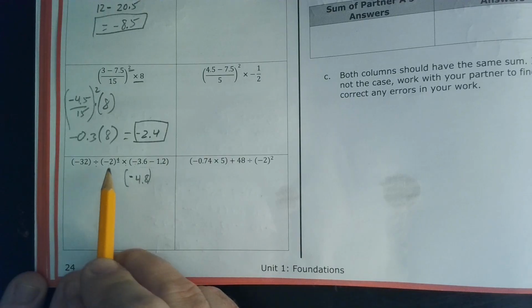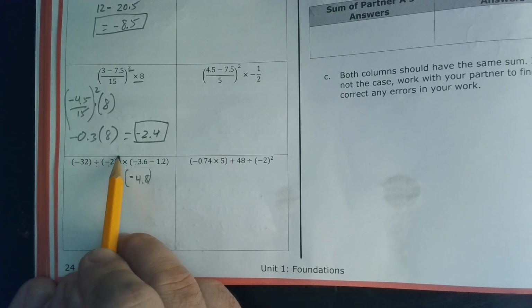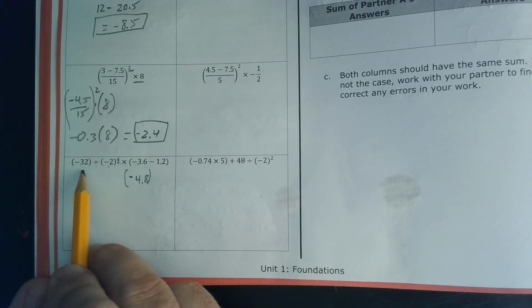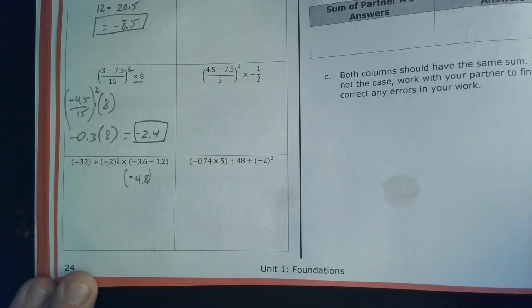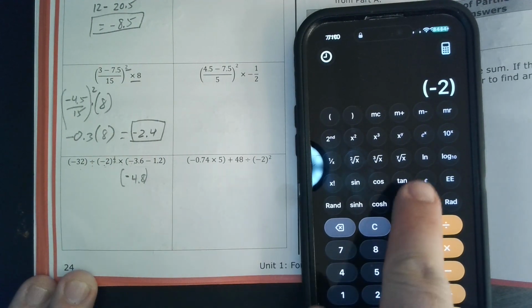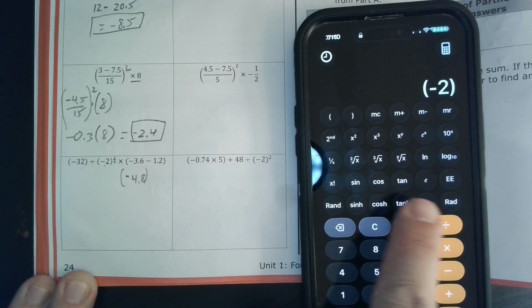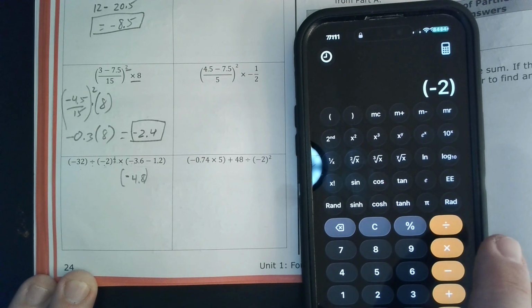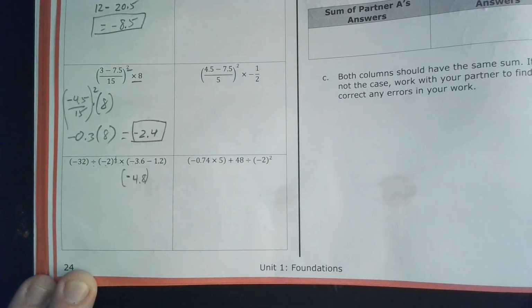We're multiplying. So step 2 would be this exponent. So parentheses, exponents, then multiplication and division left to right. So we did this. We're going to do this. So watch this. So negative 2. And on this calculator, it's a y to the x power, or mine is x to the y power. But we want to the 4th power. Let's see. And that is going to be 16. So I'm going to write